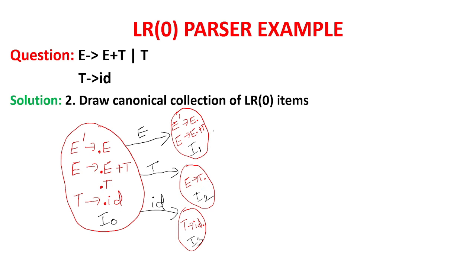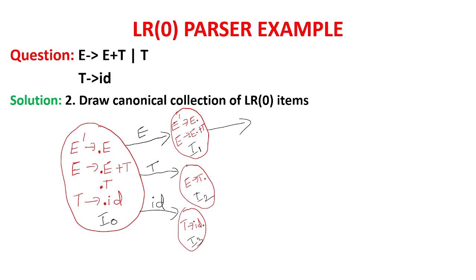Okay, so first we'll start with the I1, because after I0 we created the I1. So we'll start with the I1 now. Again we have to do the same thing. Check the first production which is there in I1. E dash goes to E dot. Is anything there after dot to be visited? No. So this production you cannot expose further. So this is over. You cannot do anything with this production further.